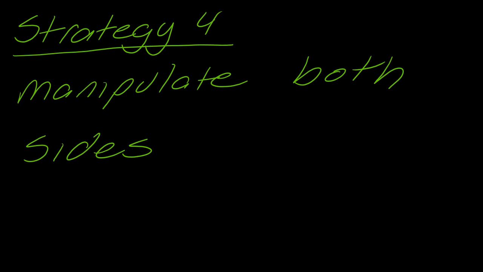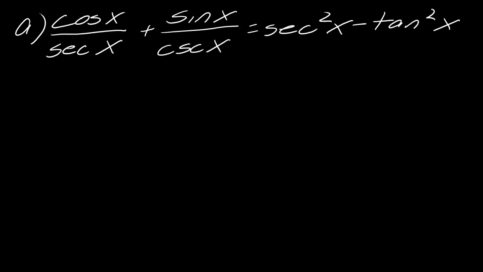Okay, so strategy 4. So far I've just been manipulating one side. Sometimes to get the job done, you gotta manipulate both sides. So starting with example A here, what do you think that we need to do to each side? Well, on the left side, it looks like